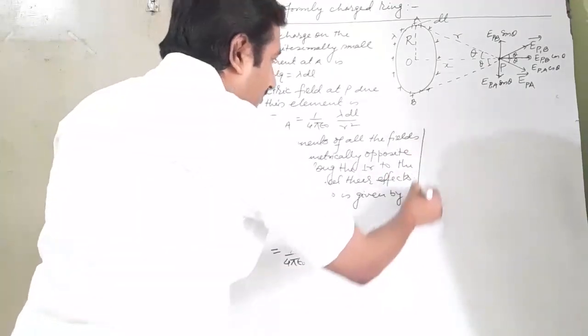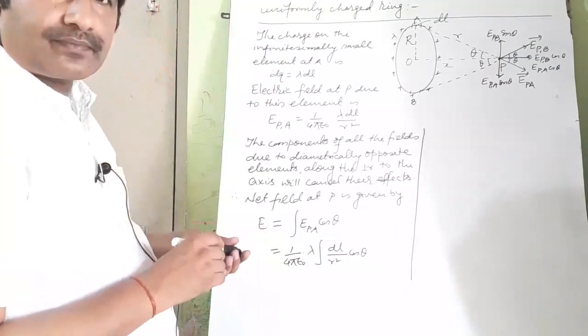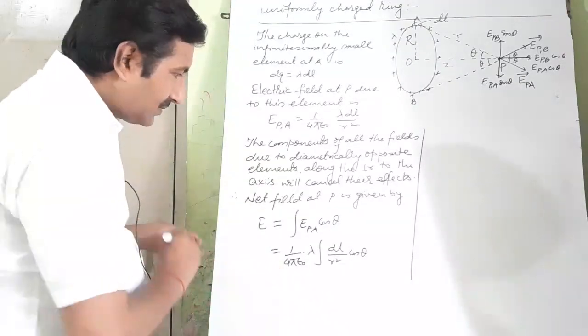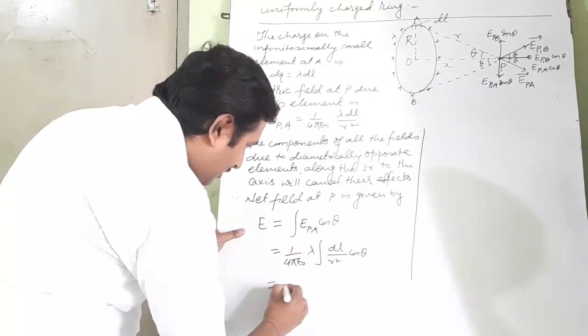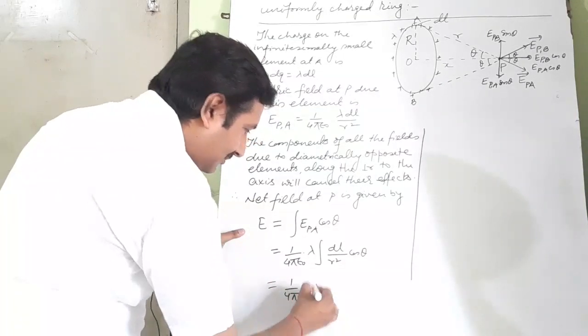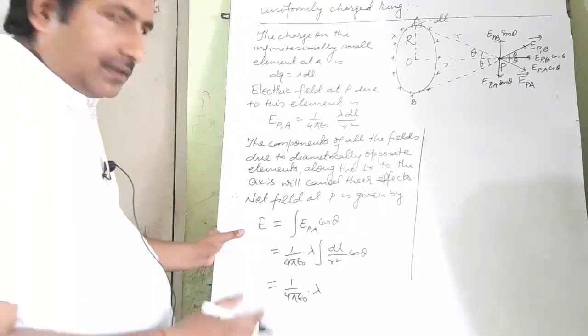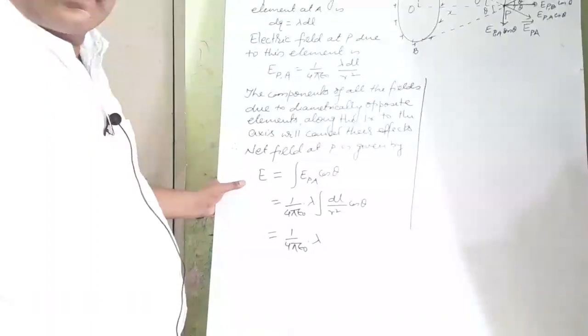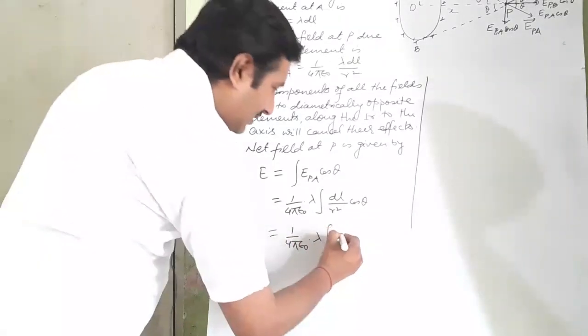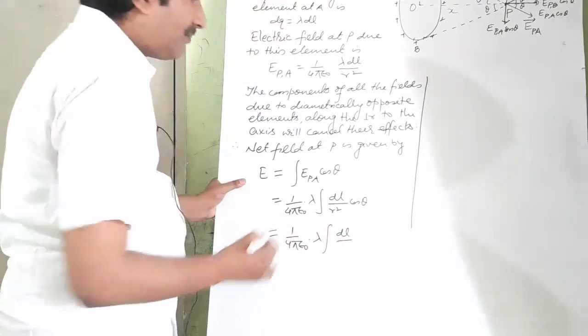Now coming to cos theta, it will be 1 by 4 pi epsilon naught lambda, integration of dl by r square